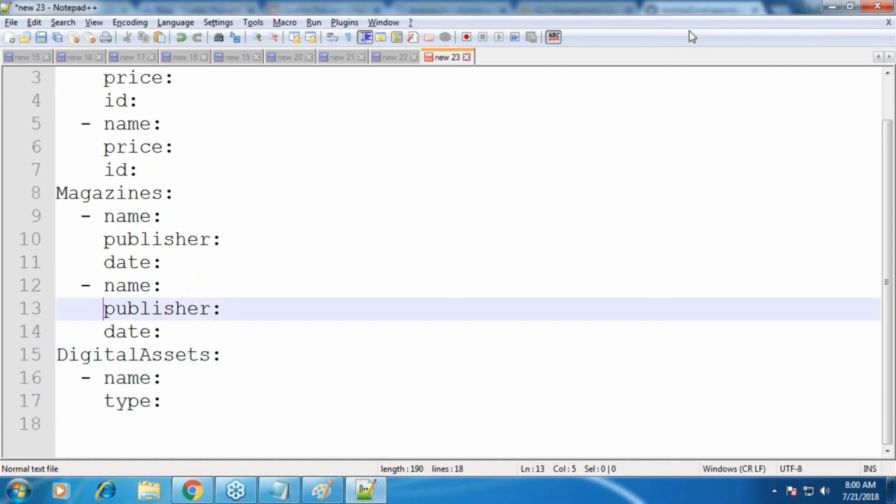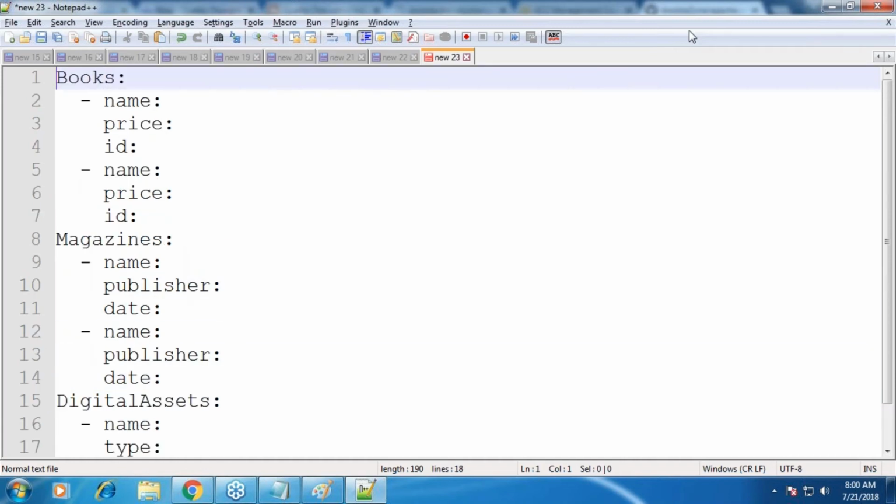So in YAML, generally I use this form to represent the data. That's it. No logic, nothing. A very simple way of looking at it. So in this file, I have just three values: books, magazines, and digital assets. Books have multiple values within themselves. Each value is marked by the single hyphen which you are seeing, a list item. A hyphen is a list item. List item. Simple? Yeah? Okay. Any doubts in this representation? You can go ahead and ask me, because we are going to write a new file now.